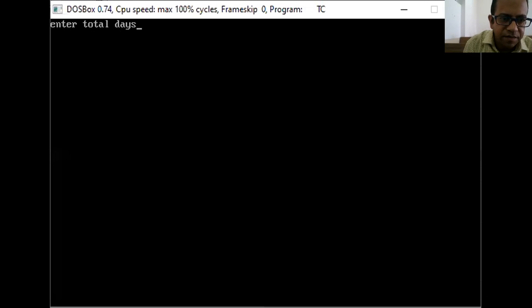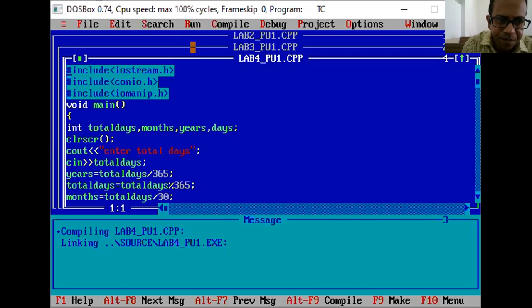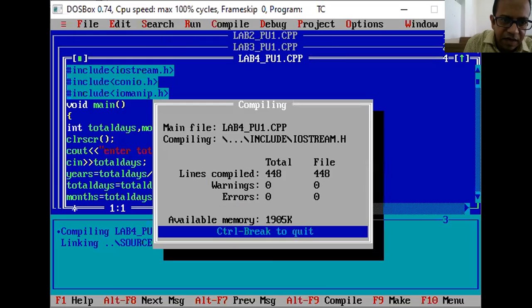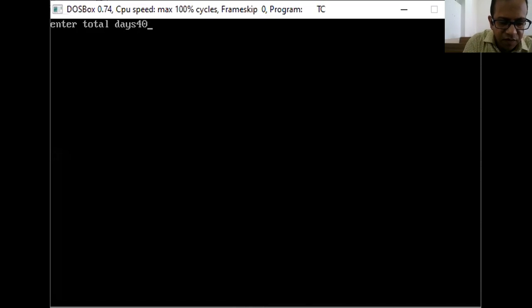We'll take now 400. So 400 means 1 year, 1 month and 5 days, because 400 minus 365 leaves only 35 days. In 35 days, if you subtract 30, which is 1 month, only 5 days are left. Then I've taken 4050, so just run. Here it is 11 years, 1 month, 5 days, the same answer as we calculated. Like that we can write the program and we can